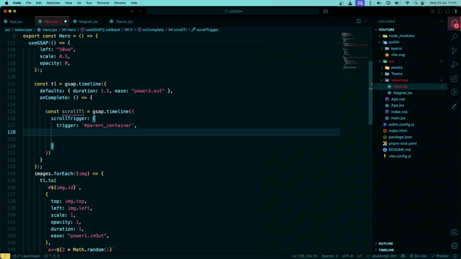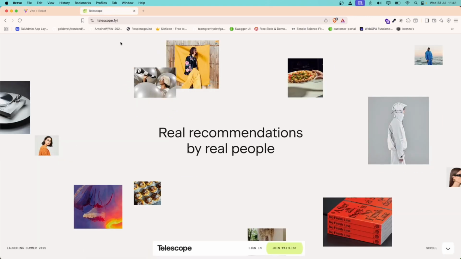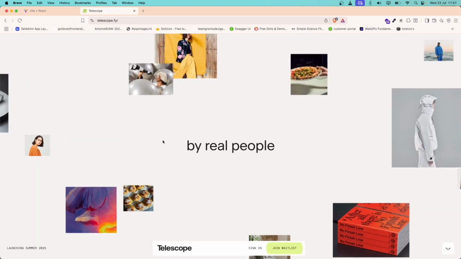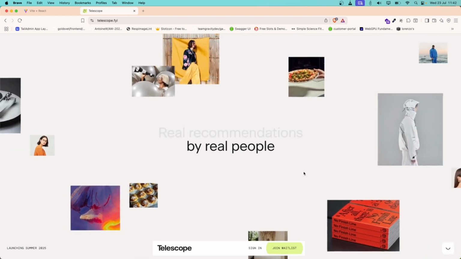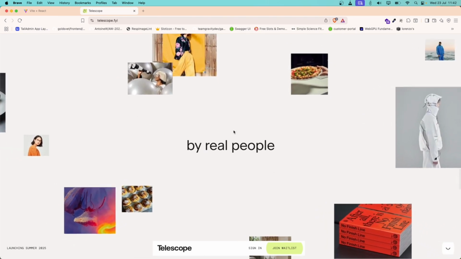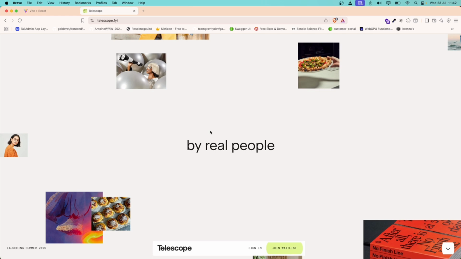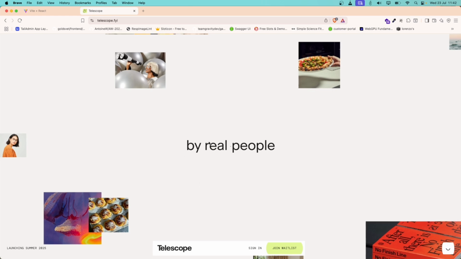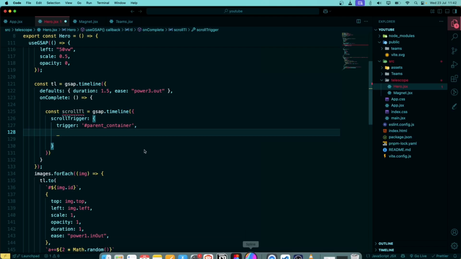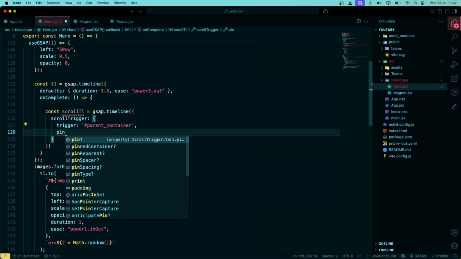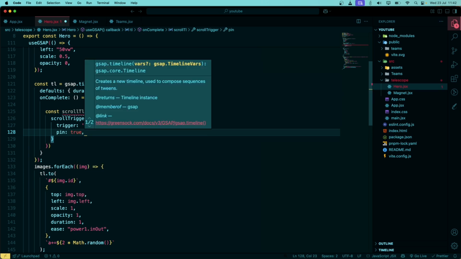There is another property called start, and there are main properties for the scroll trigger to use. Now, if we study this animation, as we scroll this section, this whole section is fixed, right? It is not going downward, it is sticking, and these images are moving. To fix that container, I will pin this whole container so that it remains fixed. To do that, I will have to use pin true, and